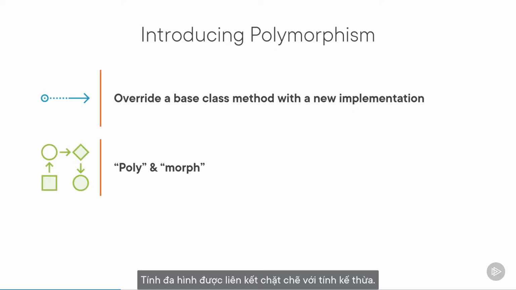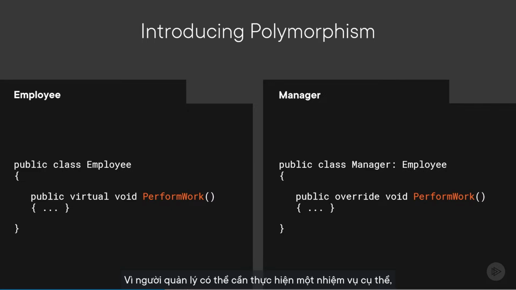Polymorphism is tightly linked with inheritance. Instead of just using the base class method, we can, in an inheriting class, define a new implementation. The base class would actually indicate that an inheriting type can provide an implementation of perform work that might be different than the generalized one that we wrote earlier on the employee class. What we should do now is recognize this in the employee declaration. We should say, well, here's an implementation that all inheriting types can use, but you can provide a different one for inheriting types. This we do by